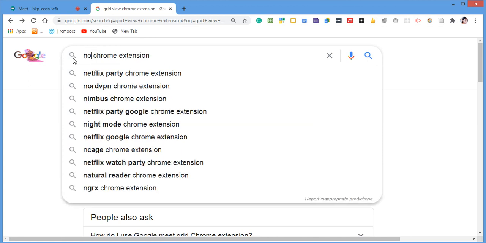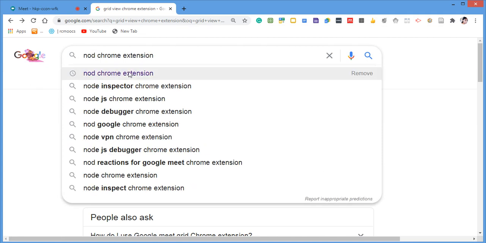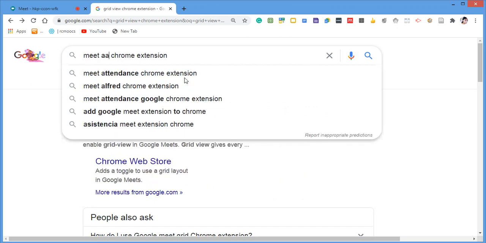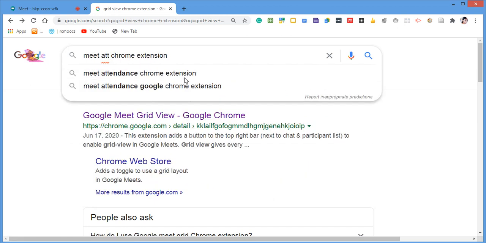For example, for nod, you type "nod Chrome extension", or for Meet Attendance, "attendance Chrome extension". If you do it, it will be automatically redirected and you can add your extension.